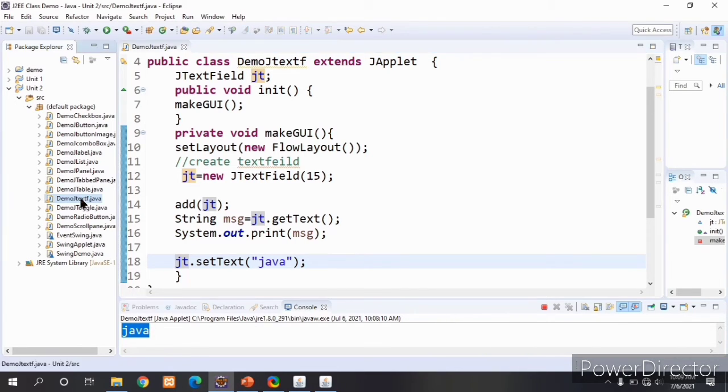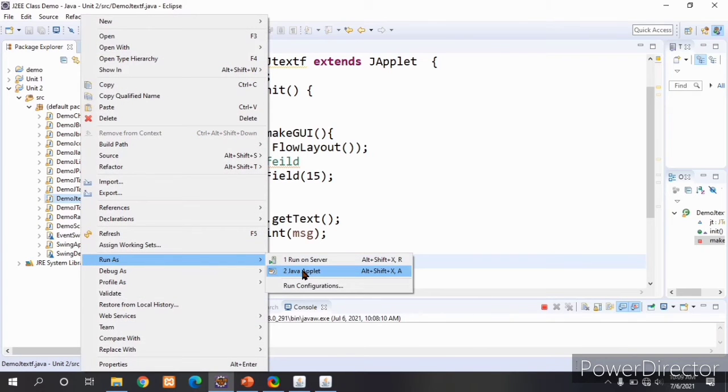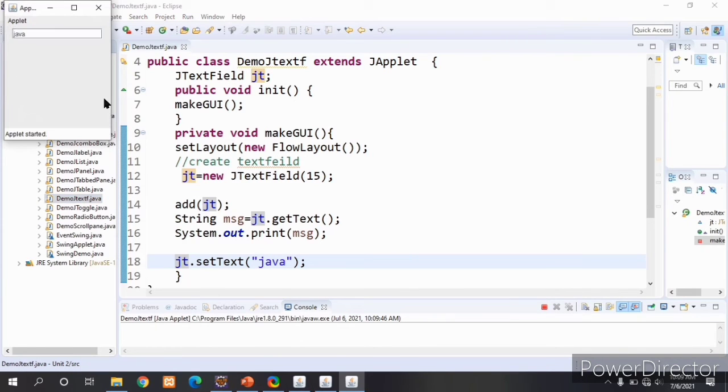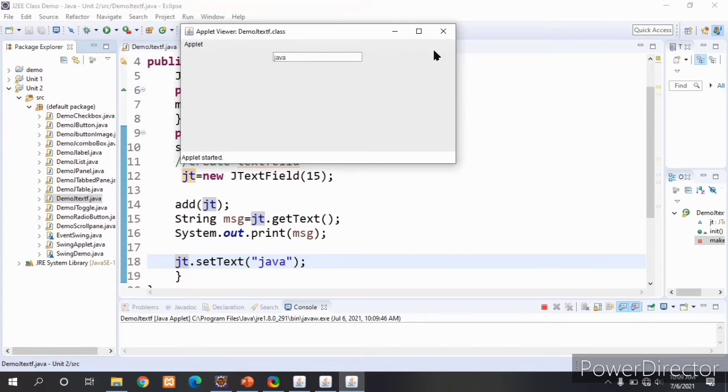Now we will see the output. See here, it is printing Java here.